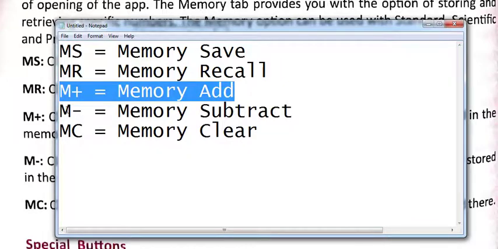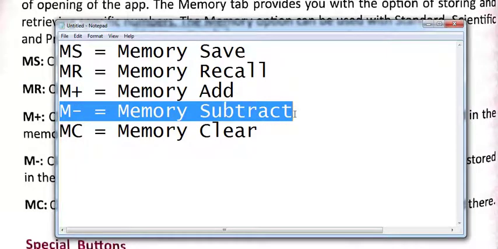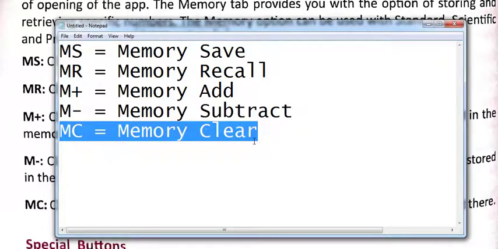M minus means memory subtract. It is used to subtract any number from the number stored in the memory. And the last one, MC, means memory clear. It is used to clear the memory, meaning any number stored in the memory will be deleted.